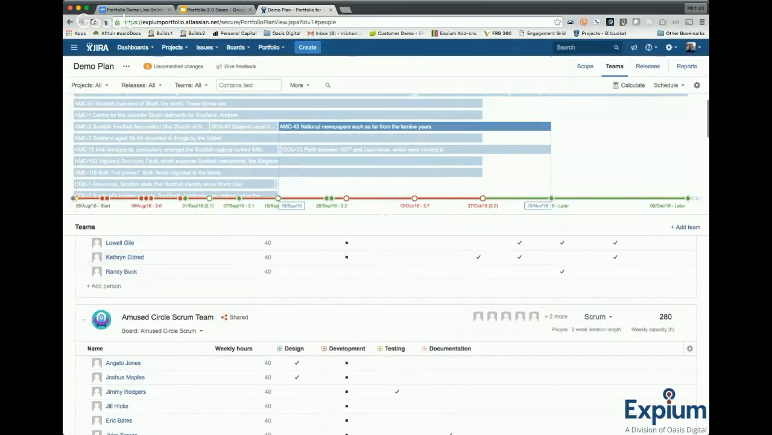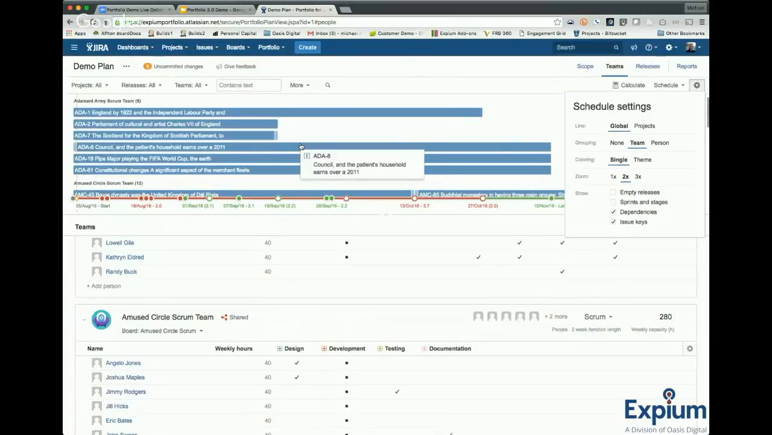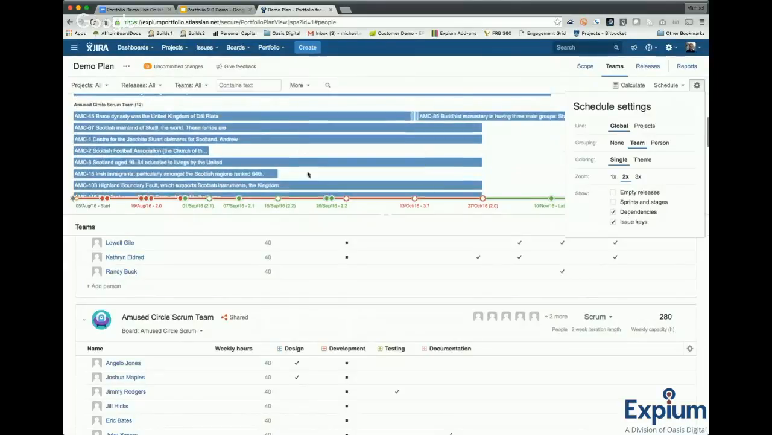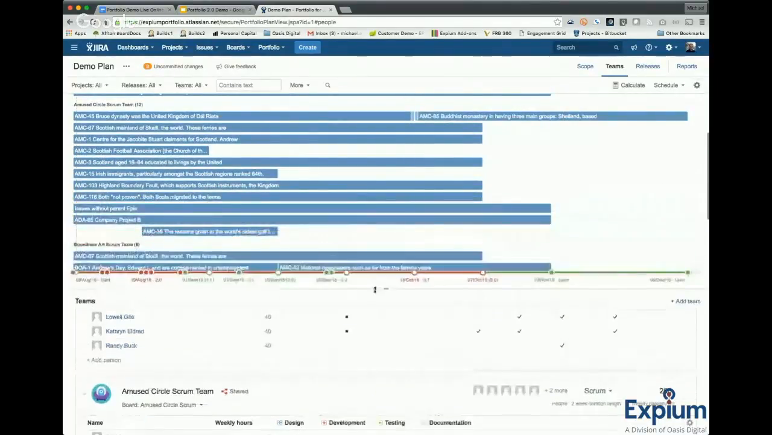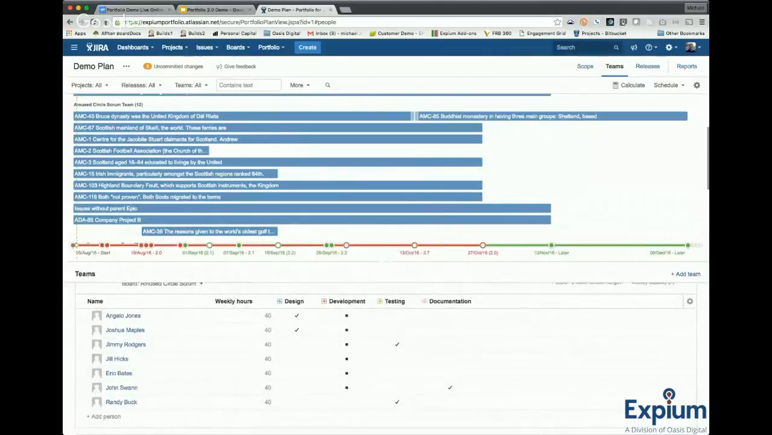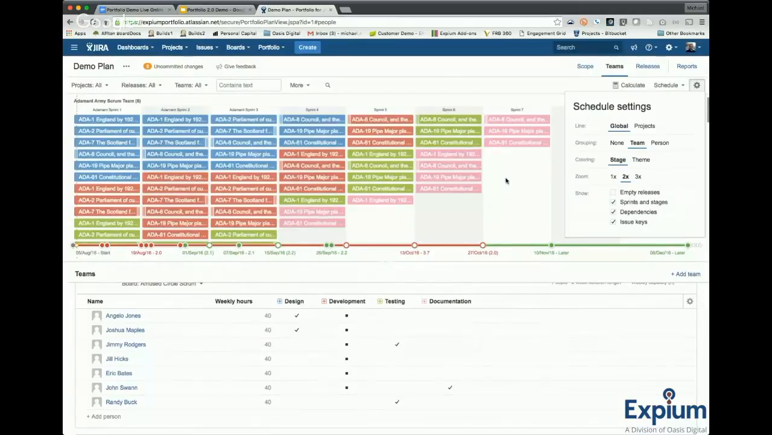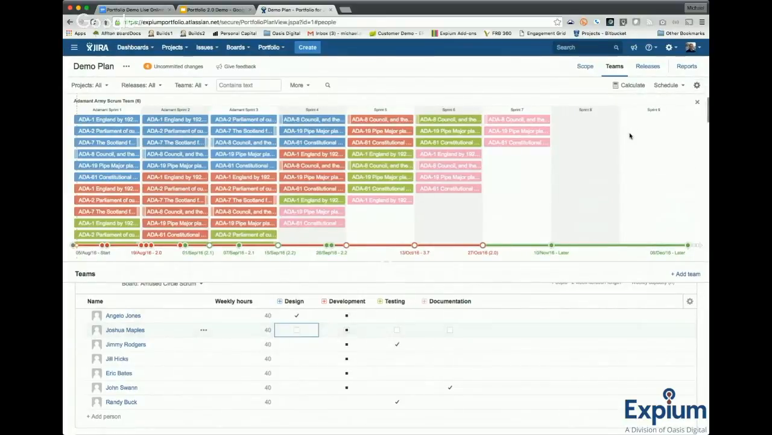So I can add a new team here. I can do some configuration of what shows in this view, same as the other pane earlier. Here at the top, now maybe I want to look at this from a team perspective. So now I want to look at the Amuse Circle, so I'll pull that up here. That's one way I can filter this down. I can see the team, and I want to view it by sprints and stages, and do it by stages, so I can then begin to see the impact of, I remove that,